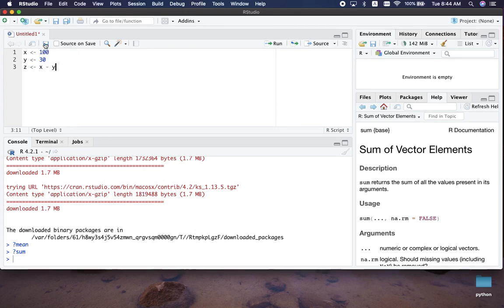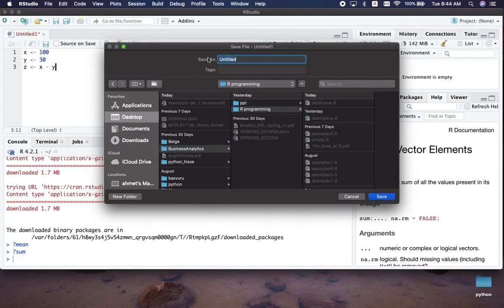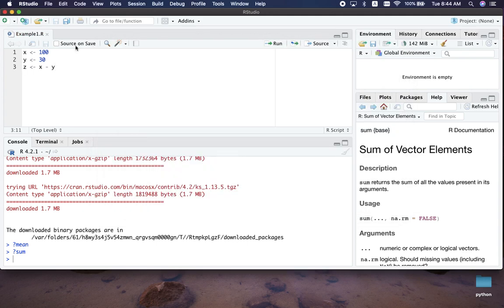And we can save the script. Let's say I have a specific folder here for R programming. With this name. Now I saved it as example1.r, and if I want to run,